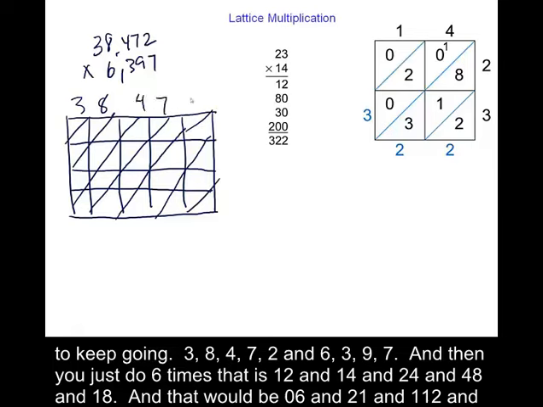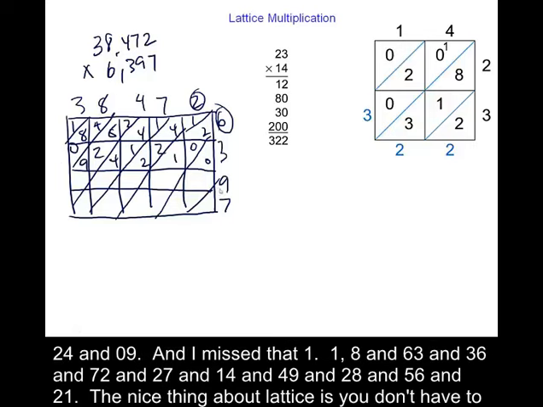3, 8, 4, 7, 2, and 6, 3, 9, 7. And then you just do 6 times that is 12, and 14, and 24, and 48, and 18. And that would be 0, 6, and 21, and 1, 12, and 24, and 0, 9. And I missed that one, 1, 8, and 6, 3, and